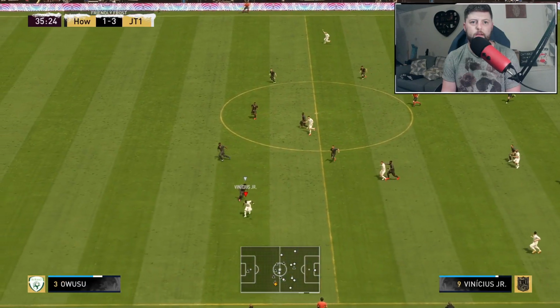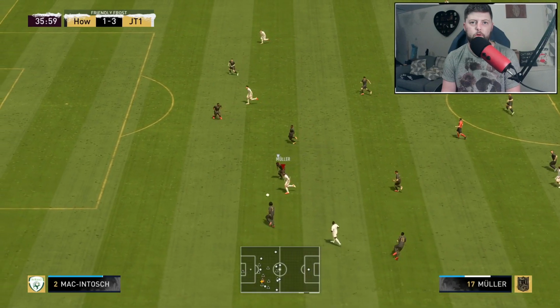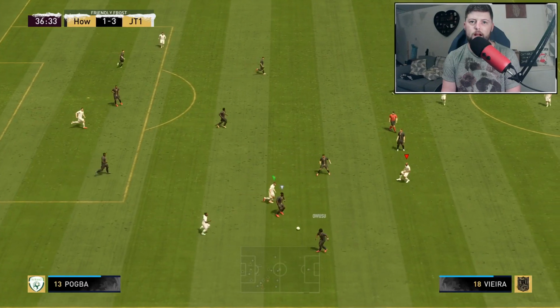Find a bit of Vinny. He's got McIntosh. No, he hasn't. He's got the right back on him. Going to find a bit of Muller. Lovely little turn there. Going to try and find it back to Vinny, but it's a cracking little intercept before